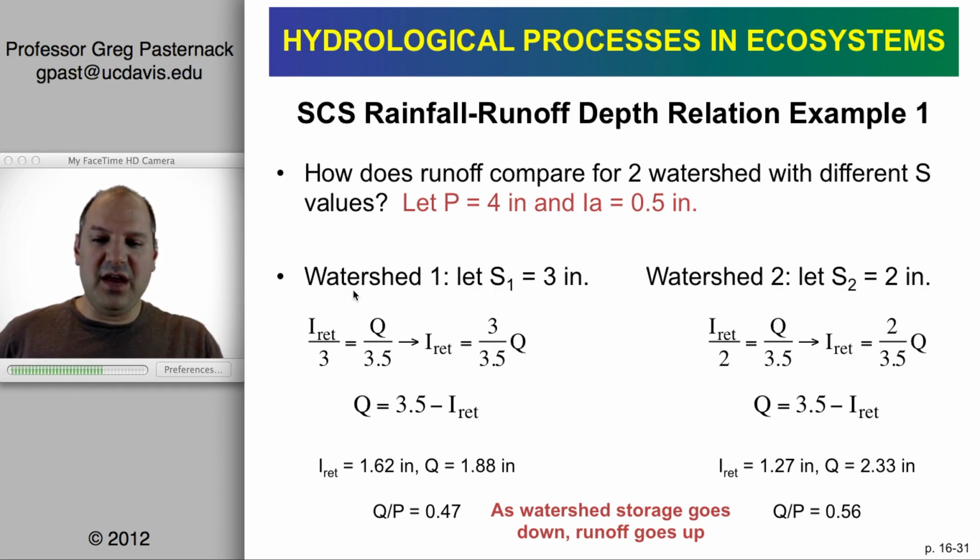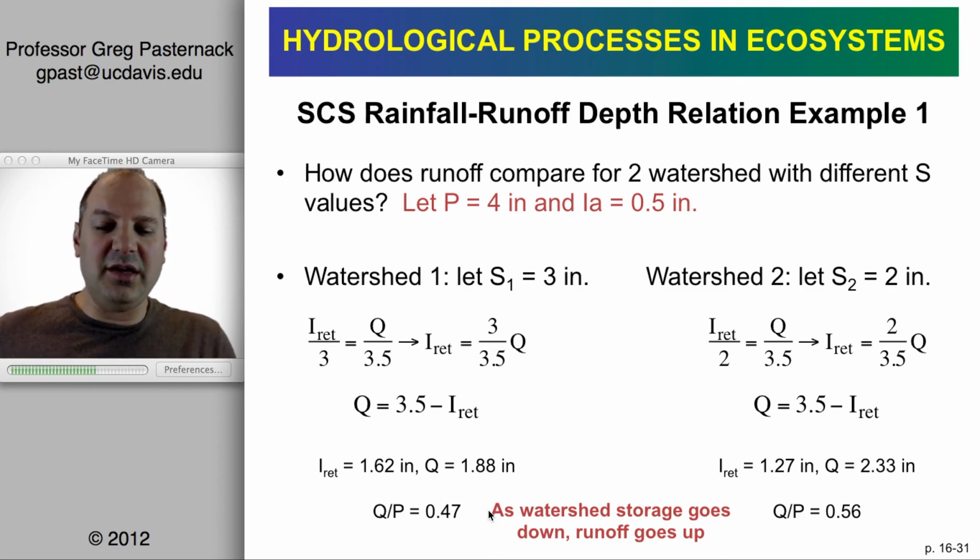If we put the numbers in, we have two equations. So the first equation on the right simplifies to this here on the left. And then we have the mass balance equation. So if we substitute in the I retention equals 3 over 3.5 Q into the equation below, then we can eliminate it and solve for Q. Once you solve for Q, then you can come back to either of these equations and solve for I. And what we find is the numbers that are given here, and then if we do Q over P, we can find out that the fraction of total water